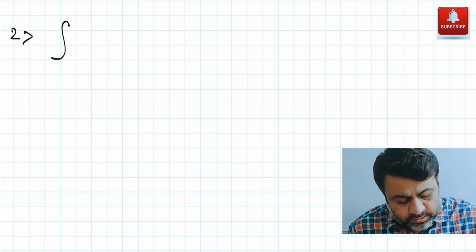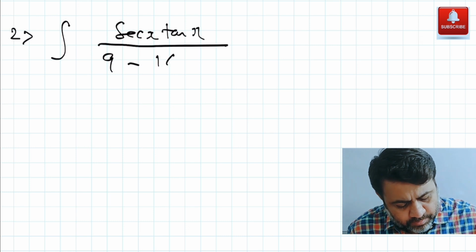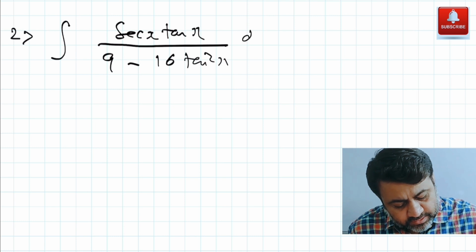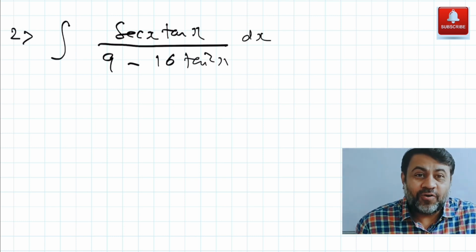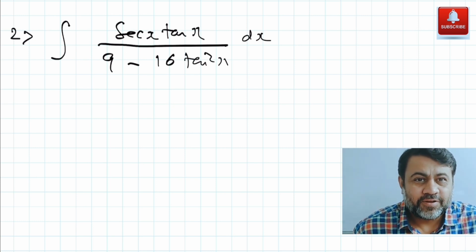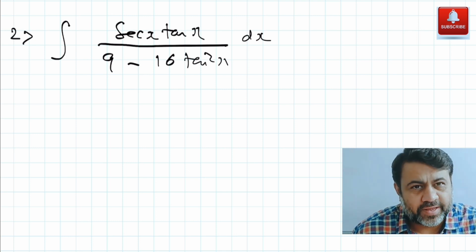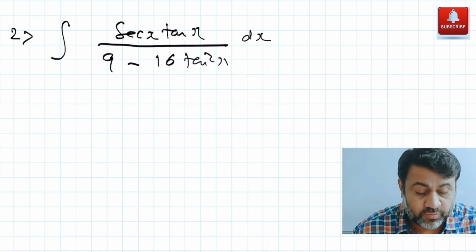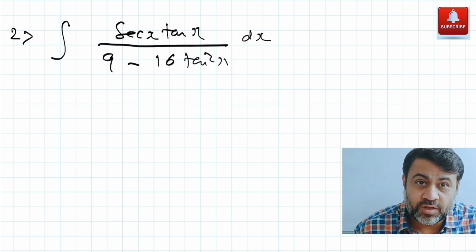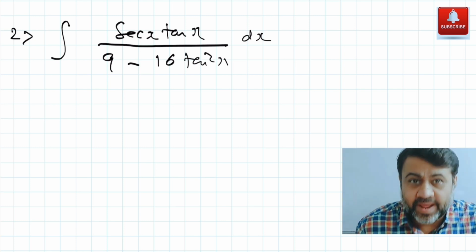My question number 2 is, we have sec x tan x everything divided by 9 minus 16 times tan square x. We have tan square x dx. Okay. Now what is your t here? Substitution will not be that easy, but with little practice you can learn this kind of thing very easily. Observe, we have tan square x, what will be the derivative of tan x? sec square x. It is not visible in the question. Derivative of tan square x will be 2 times tan x, and then derivative of tan x which is sec square x. So tan x sec square x, but I don't have tan x sec square x.